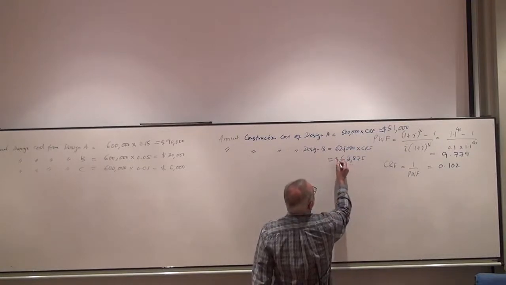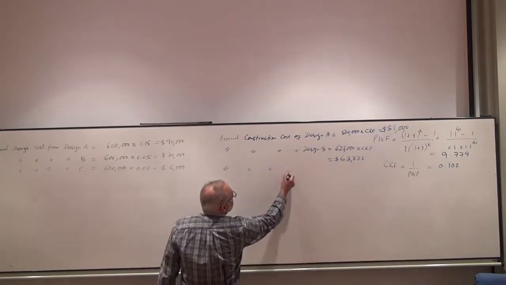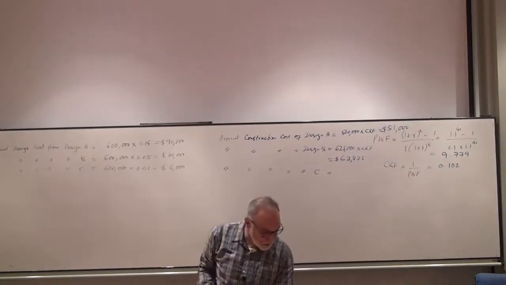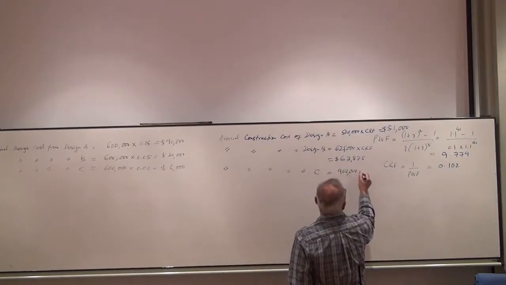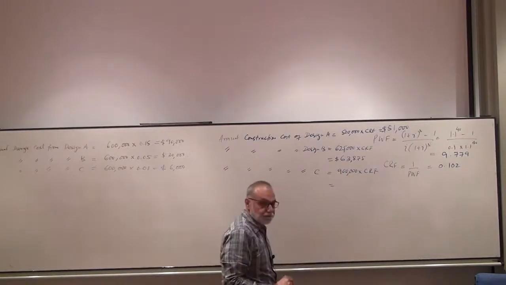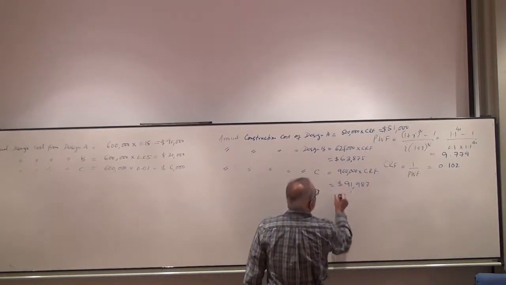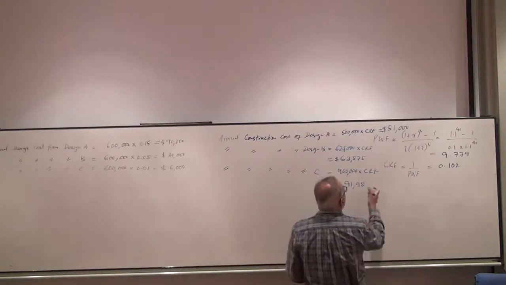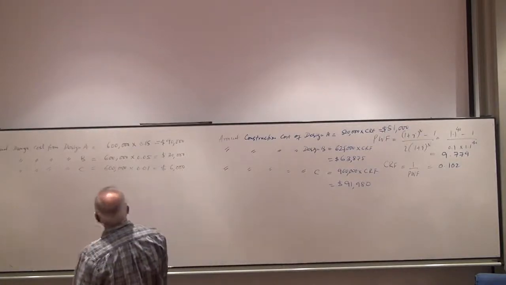This is your design B. And the annual construction cost for design C is equal to, I think this was costing 900,000. So 900,000 multiplied by the CRF is 91,980. Okay. Then we have the total cost of